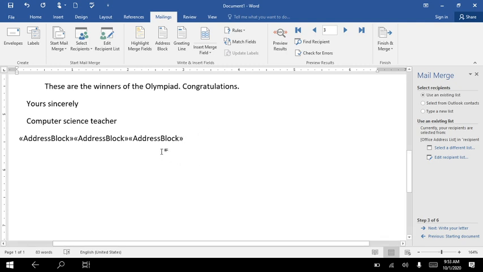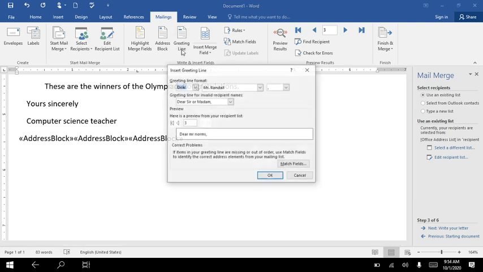So once you have inserted the address block, now place your cursor in the document where you want to click a greeting line, okay? I'll just click on the greeting line. Dear, we'll just put the name. You can select here the name, dear, none, okay? I'll be selecting the name, then